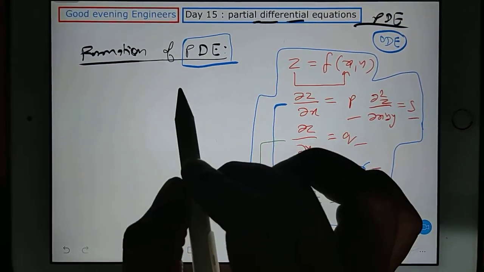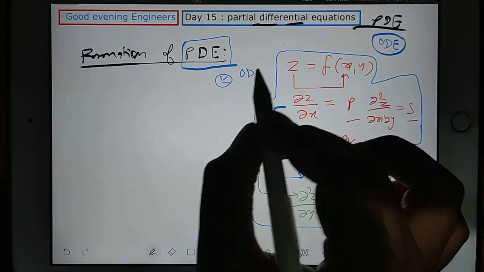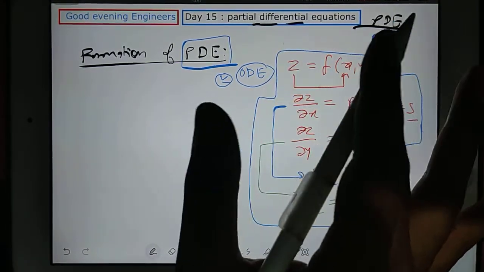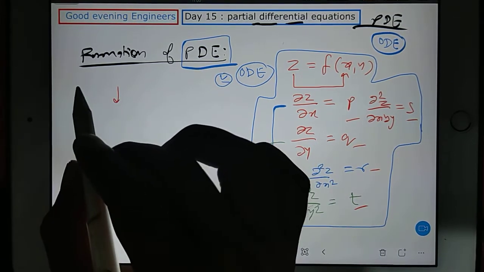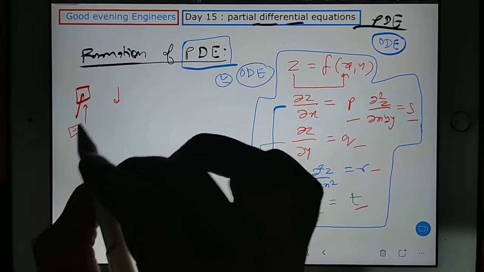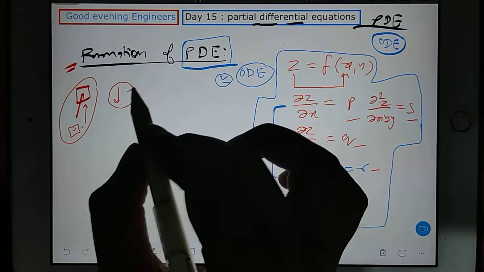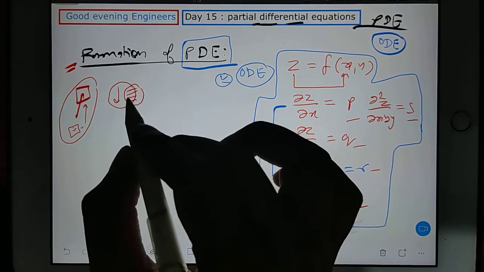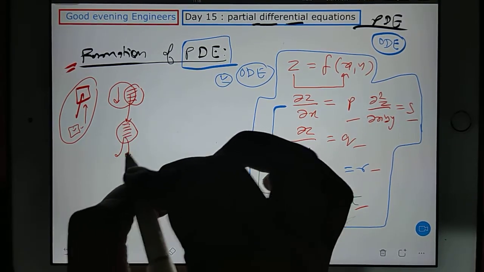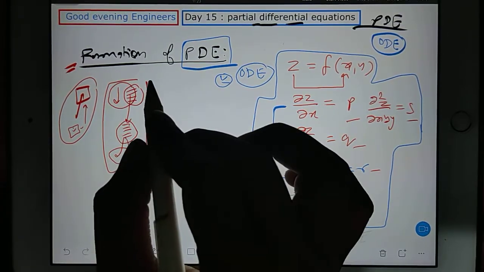Actually, see, partial differential equation is small, it is not as big as ODE. In the case of partial differential equation, we have two types of chapter to discuss. First you have the basic. In basic we will learn how to convert any given equation into a partial differential equation, that is formation. Next, there will be some partial differential equations, and we have to learn how to solve them, meaning to convert them into their original parent equation. That's the same thing we have done in ODE also.